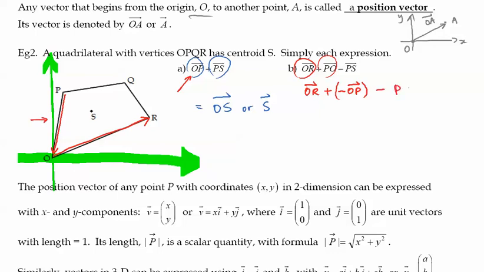Minus from P to S. Which means I can consider this as from S to P. From S to P, here I have a vector going there. So altogether, it seems like I have these three vectors together starting from this point, and it is going to end at that point, even though you have this part being the last piece of your operation. I will still consider these three vectors add up to a line going from S to R. And in this case, I cannot just call it vector R or vector S, because this is not a vector starting from the origin. So if we want to describe any vector, if you